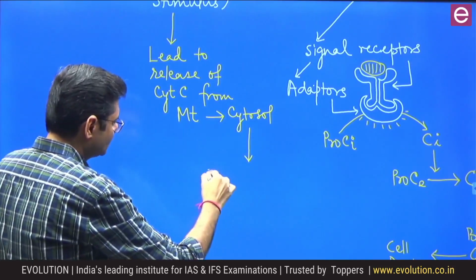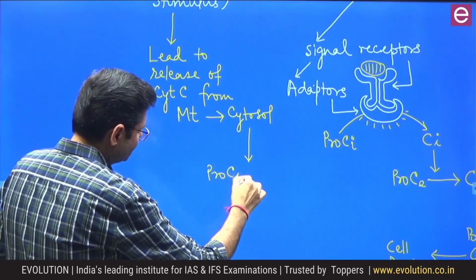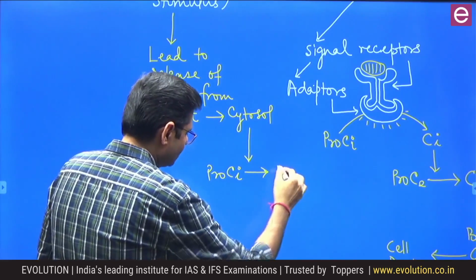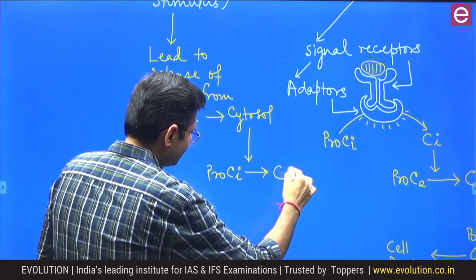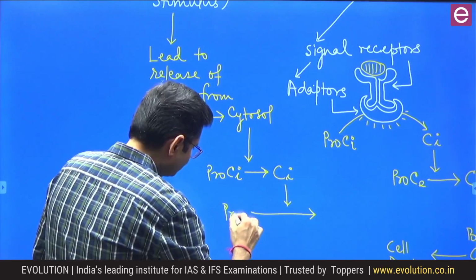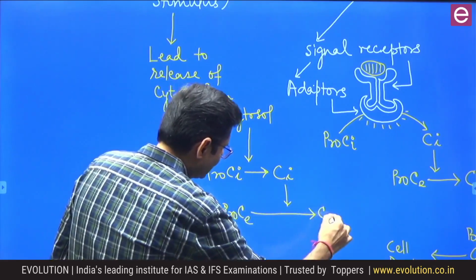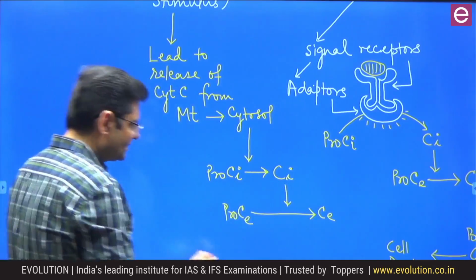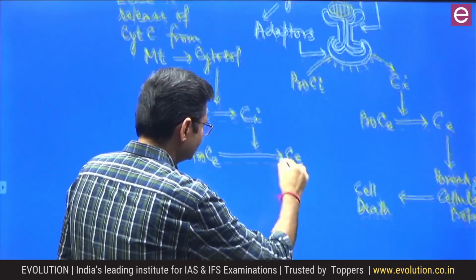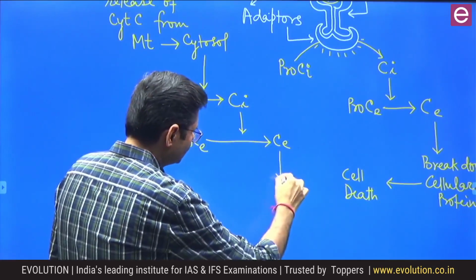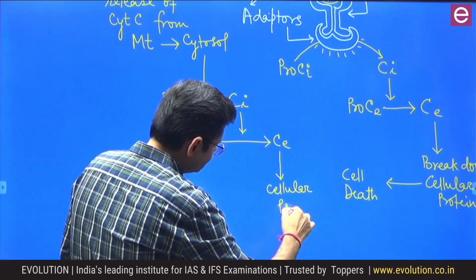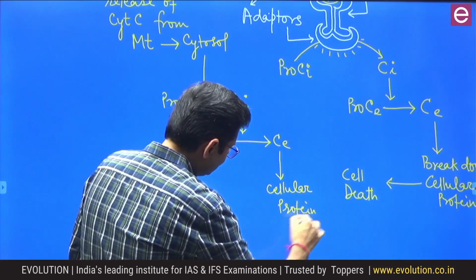And once it is released from mitochondria to cytosol, this cytochrome C will convert procaspase initiator into caspase initiator, and this will be converting procaspase executioner into caspase executioner, and this caspase executioner will eventually break down cellular proteins, and that will cause